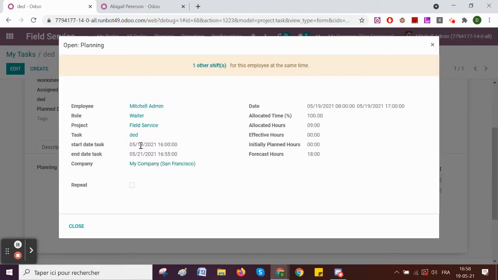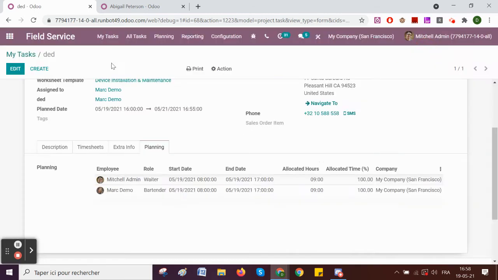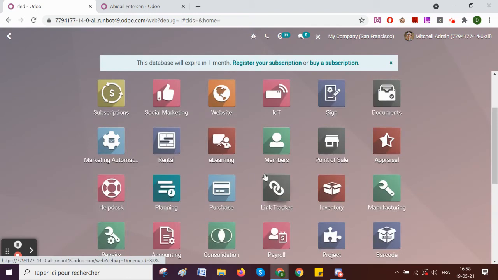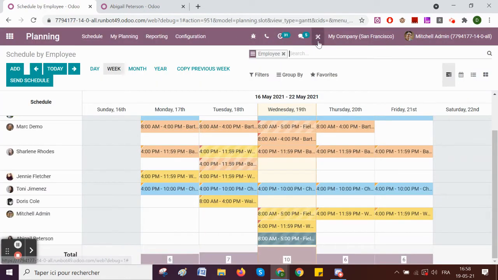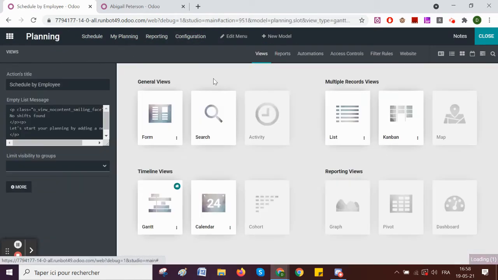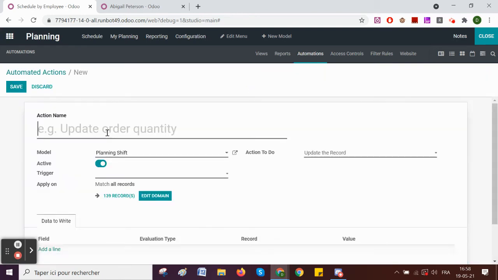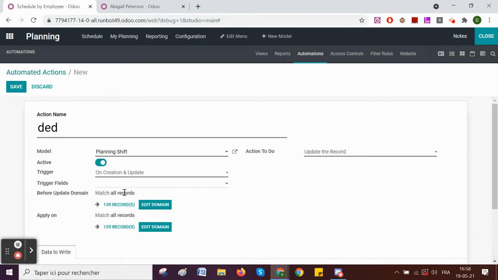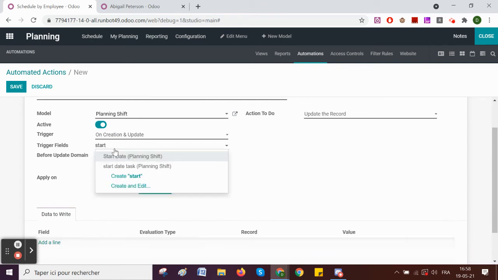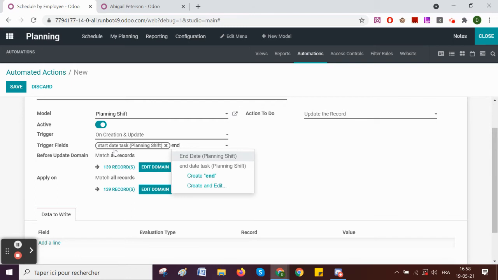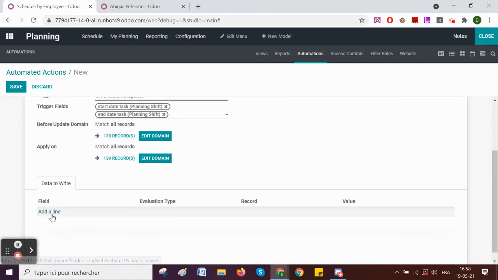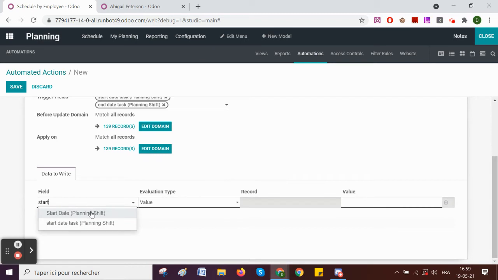Planning. And so we can see there, you see the hours are still not the same at the moment. So we need to do customization again. So if I go into, again, my planning application, again, I open my view and I get my view form. From there, I can add an automated action where I say that on creation and update for the field start date task and end date task, if one of those are changing, then start date should be record dot